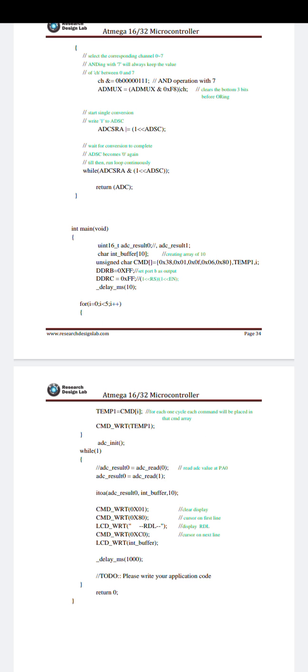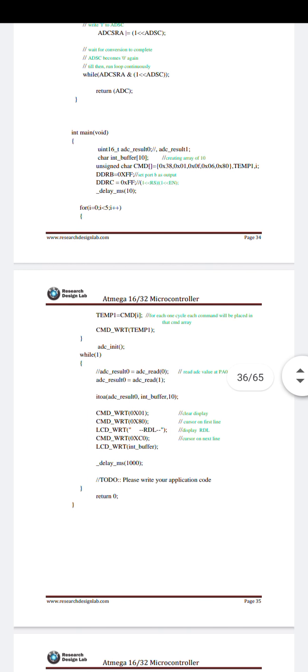ADC result 0 is equal to ADC read 0, that is the ADC value at PA0, it is the 0. Then ADC result 0 is equal to ADC read 1. Then LCD command write 0x01, that is clear display.